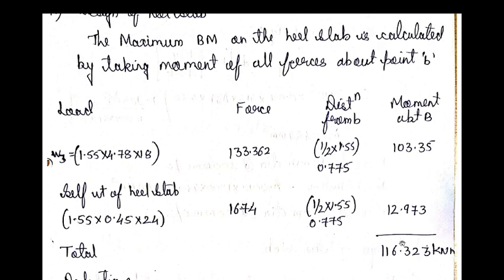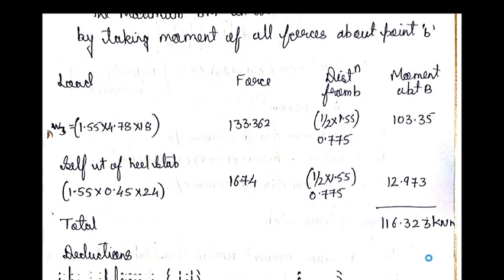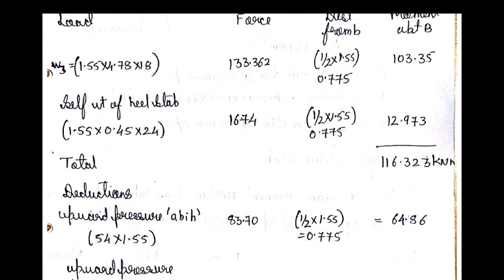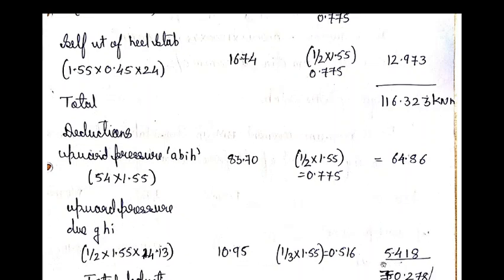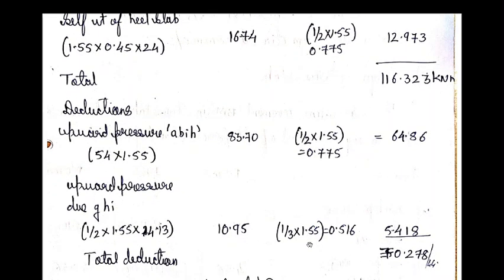So we will add, this is the earth which is acting over the heel slab and self weight of the heel slab, which will work out together as 116.323 kN per meter. But on this heel slab, pressure will also act from the bottom side. So we have to deduct. So this is how much the moment is. So we have to even consider the upward pressures. So let us see deductions. So upward pressure